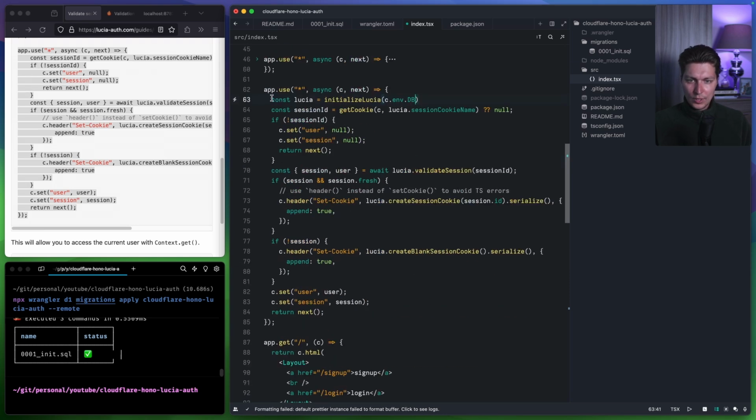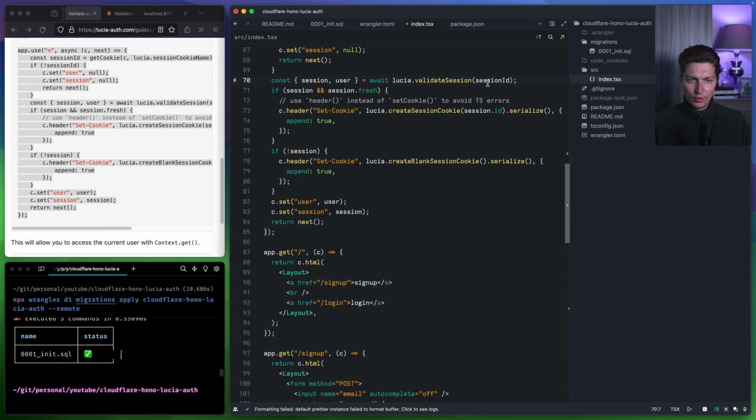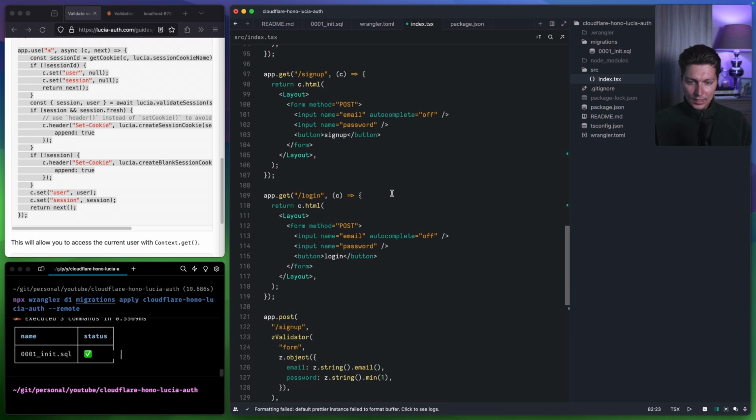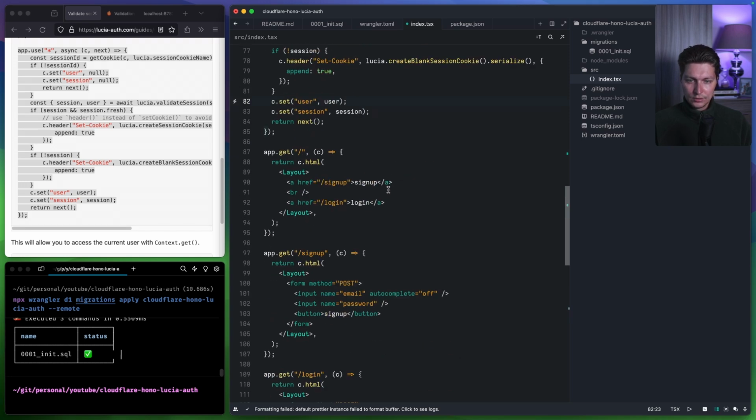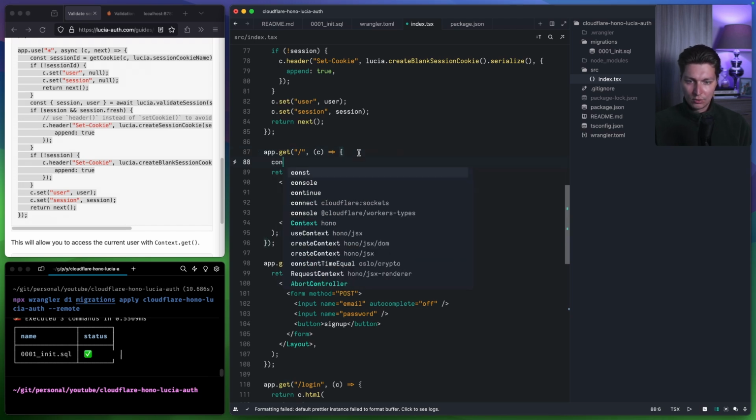So yeah, we create our Lucia client, then we're trying to get the session ID from the cookie. If it's not there, we just set nulls. Then we validate the session. If the session is valid, we're going here and we set user and session into the context, so it's available in other places. And after that, what we can do is, for example, on our home page right here, we can do something like const